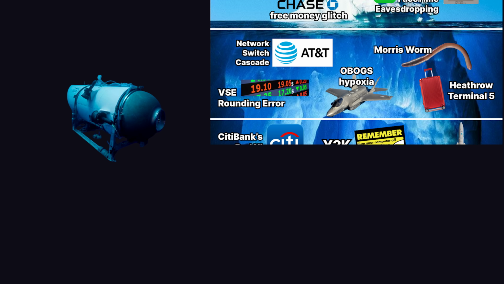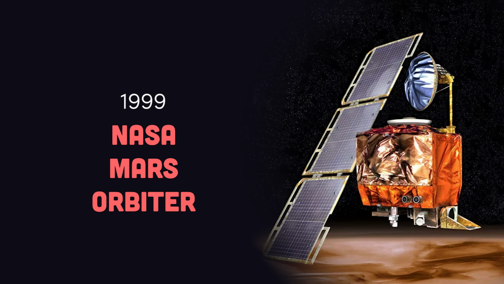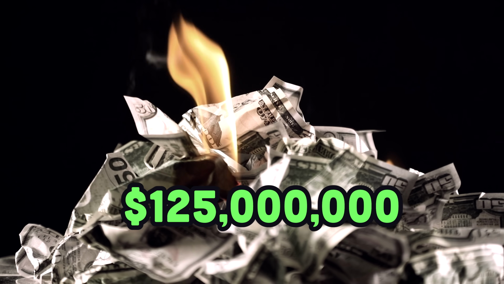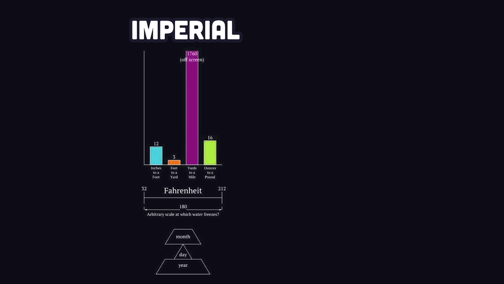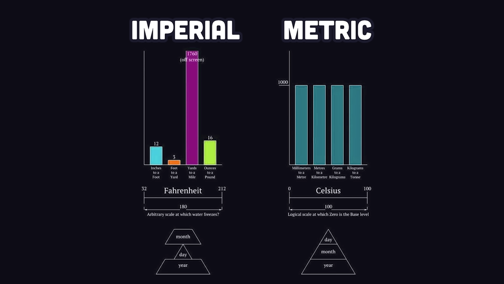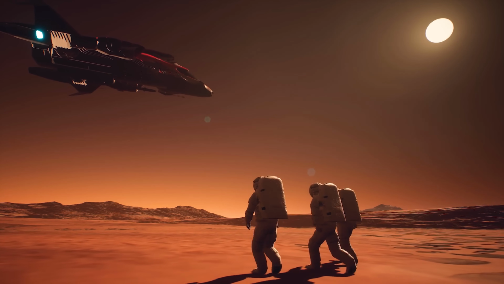But now it's time to dive deeper into Tier 3, where things actually start to blow up, like NASA's Mars Climate Orbiter in 1999, which torched $125 million in taxpayer money when it burned up entering the atmosphere of Mars. And that happened because one software team used imperial units, pound force, while the other team used metric units, Newton seconds. And that's kind of a big issue when it comes to space travel, especially when just a few years